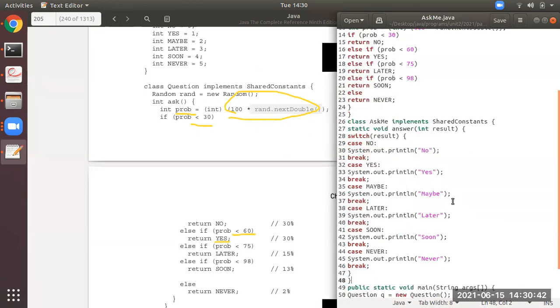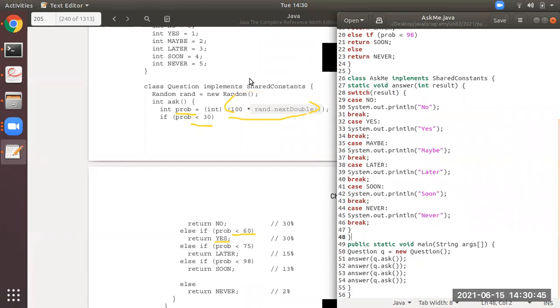So students, see here, as I said just now, from here the call was made. Who.ask has called this one, no? Just now I said. So this return yes will be returned here in this parameter. So now this particular method answer will have the parameter as yes. So it is now answer of yes. So from here you see answer of yes means it will call this answer method, which is already available here. But you see this is a parameter result which will receive the parameter as yes over here.